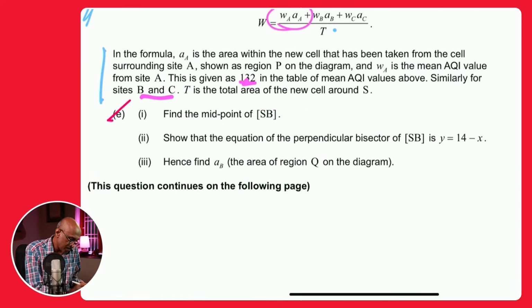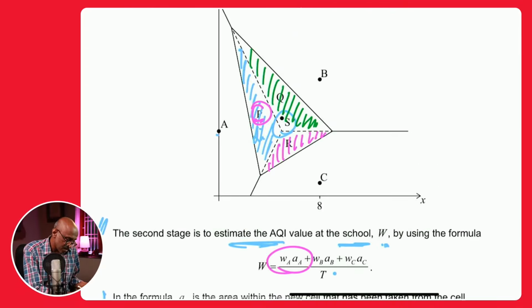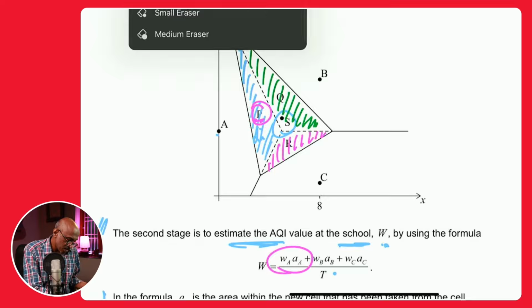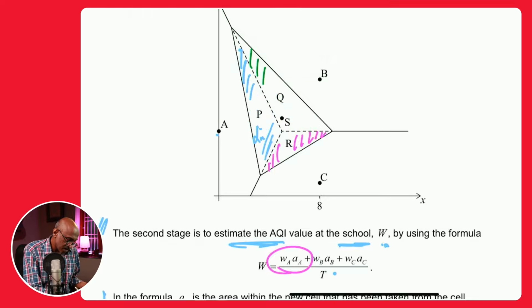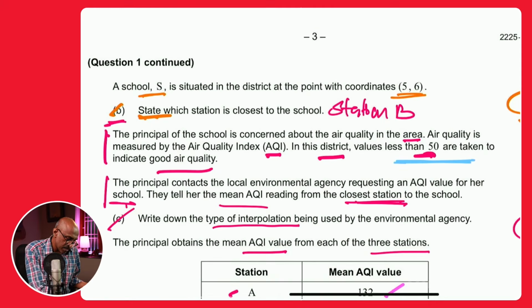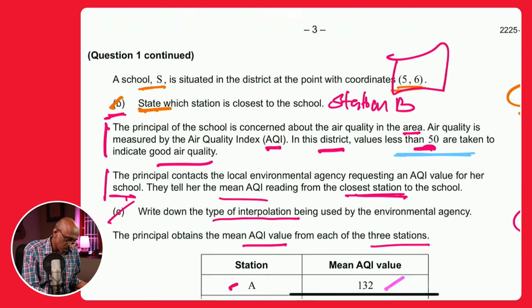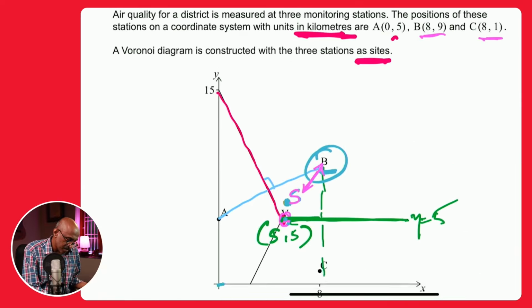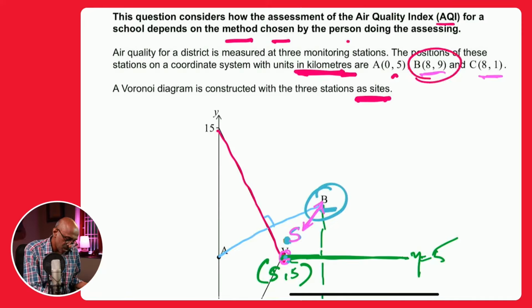What are they asking in part E? They're saying find the midpoint of SB. There's too much going on here. We have the coordinates of S, don't we? Let me just erase my annotations. The school is given as 5, 6, and B was already given at the question level as 8, 9. So we just have to find the